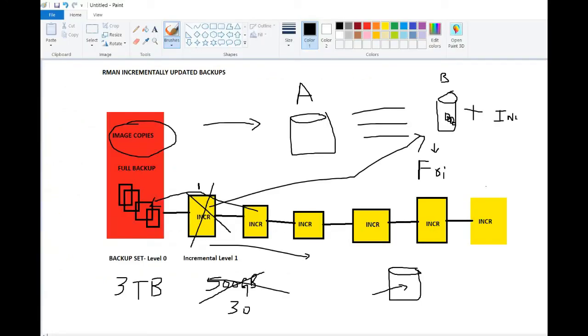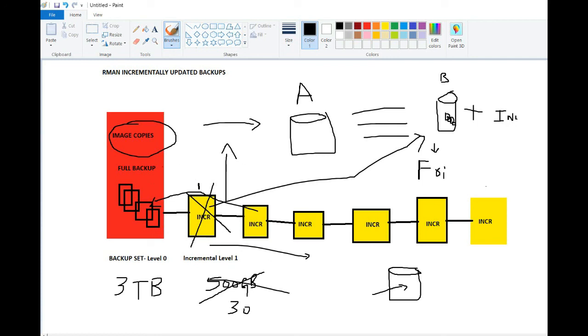Okay, so now what we have accomplished is, we had taken the image copy backup and then we had taken incremental backup. Now when the database crashed here, we needed the most recent backed up data, which is level 0 plus level 1.